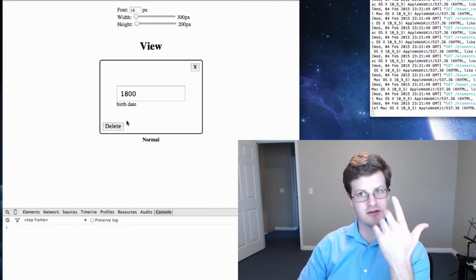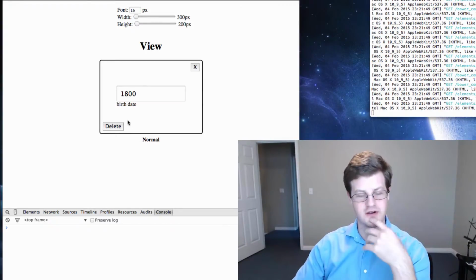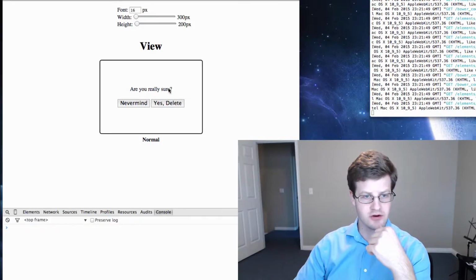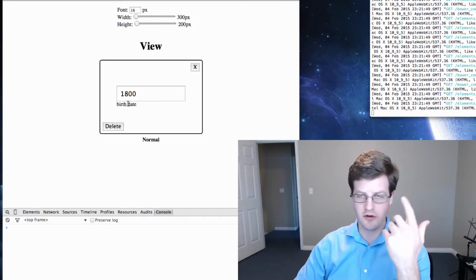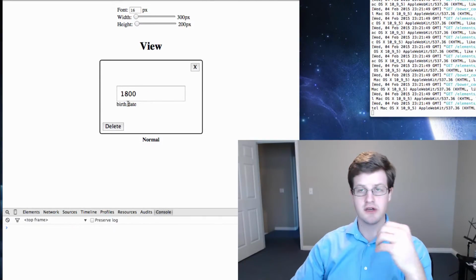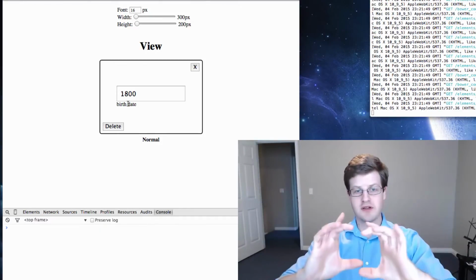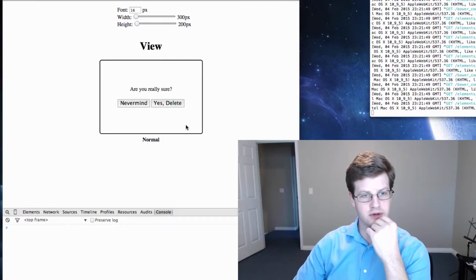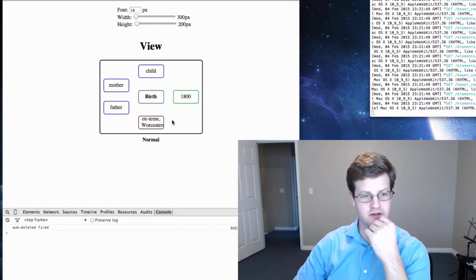It's nice to have it, and it's nice to put it really close to what you're editing. So when you hit delete, it says, "Are you really sure?" If you say never mind, it just closes itself. So it's not an overlay pop-up. It's all contained still within its little editor window. And if you hit delete, it